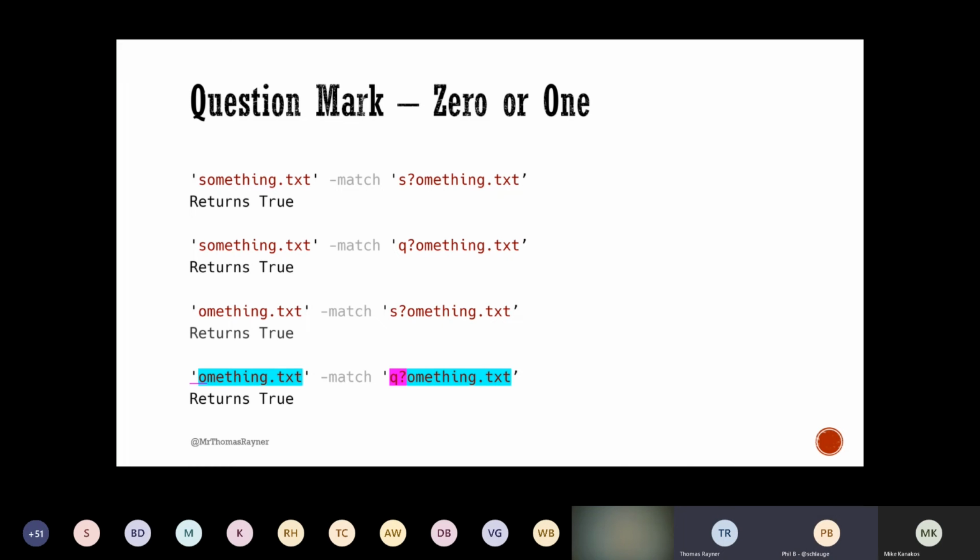So even if there's something at the end, it would still match. If you had the word something, text, space, blah, blah, blah, it would still match so long as it found that in the whole thing. So that's kind of the little lesson here. Yeah, and you'll see some of that as we move on too. Okay.